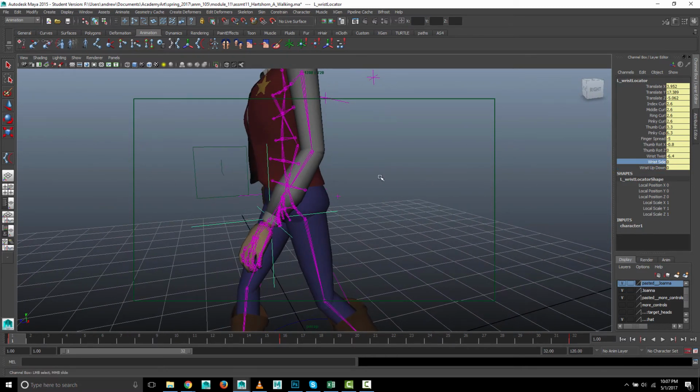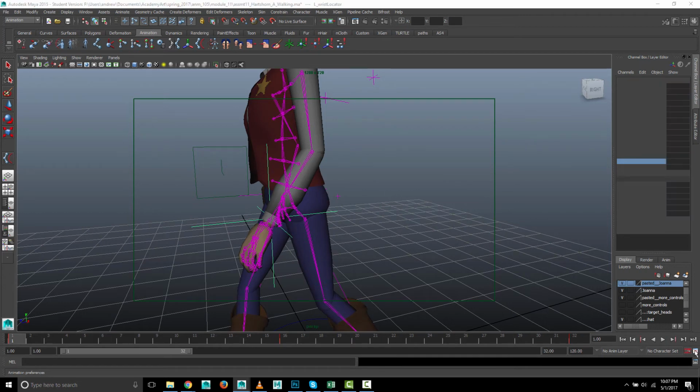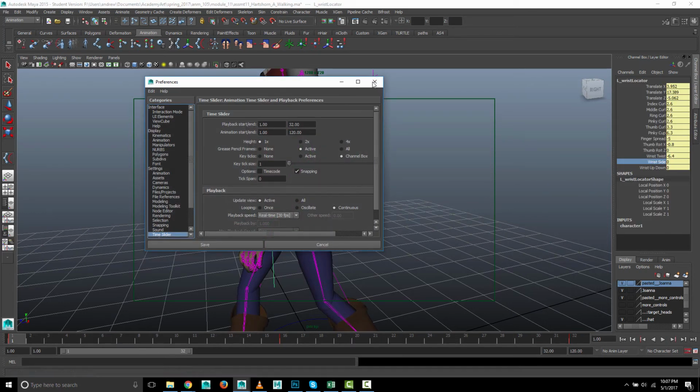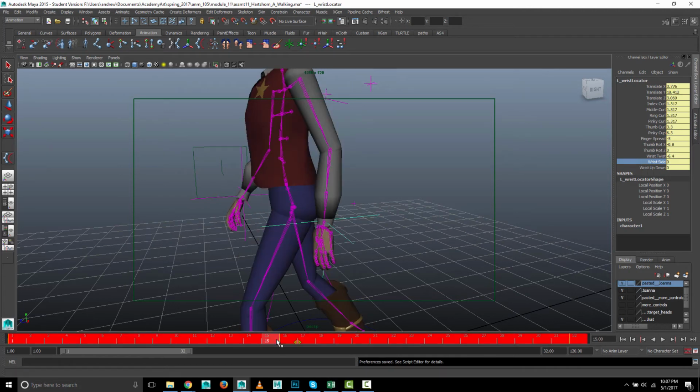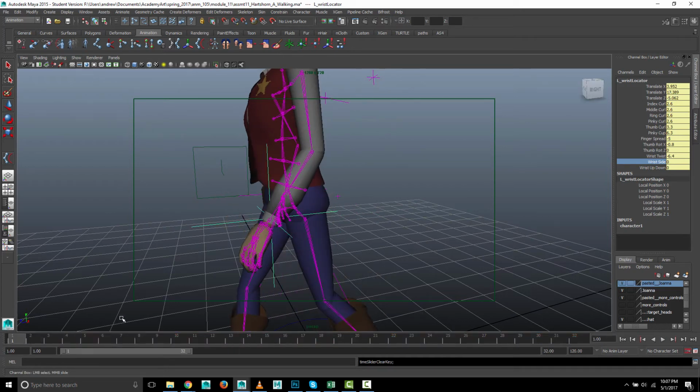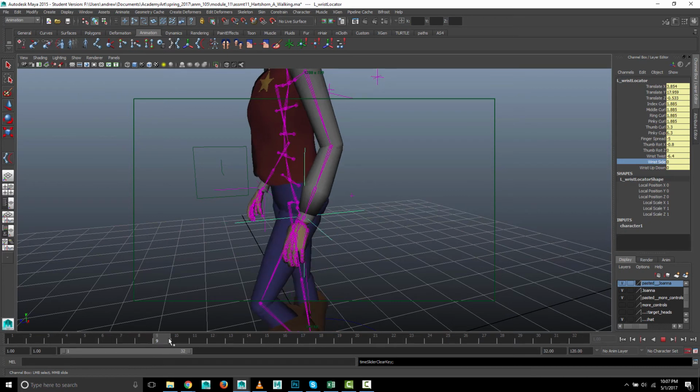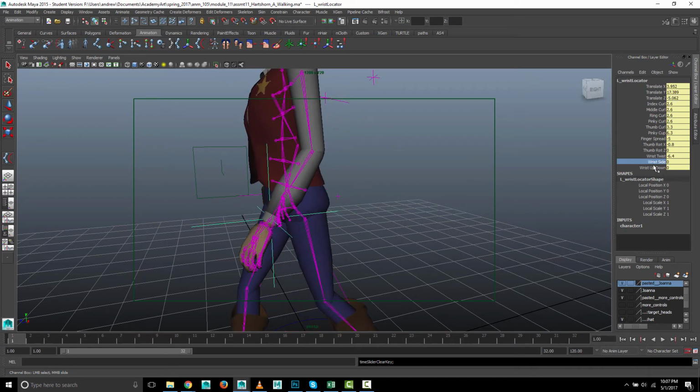Yeah. So I demonstrated this in a previous video, but basically, with animation preferences, I have it set to channel box, so I'm only seeing the key ticks on the timeline with what I have selected in the channel box. So I'll only be affecting wrist side. So I'm going to double click on the timeline and delete those keyframes. And then, as the arm moves back, let's just start here. As the arm moves back,